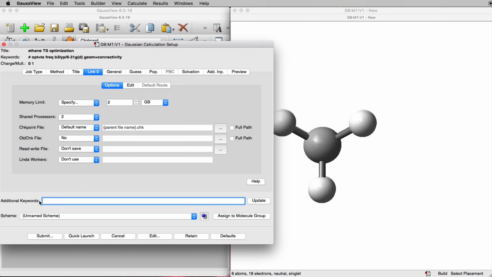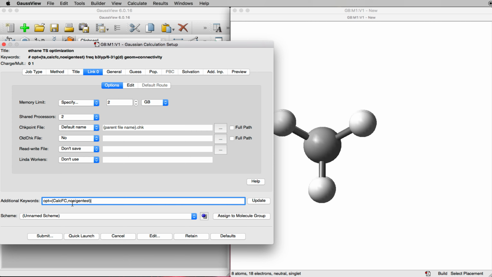So in this window that says additional keywords, type opt=(calcfc,noeigentest).